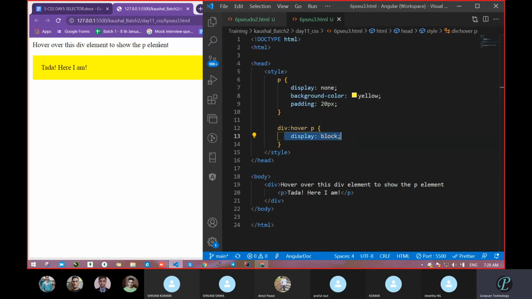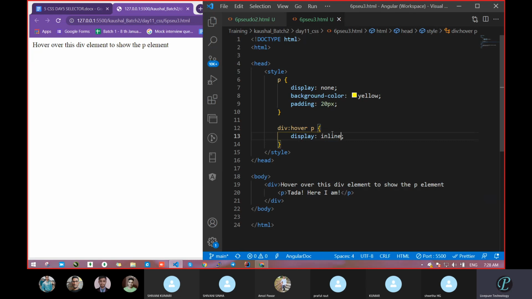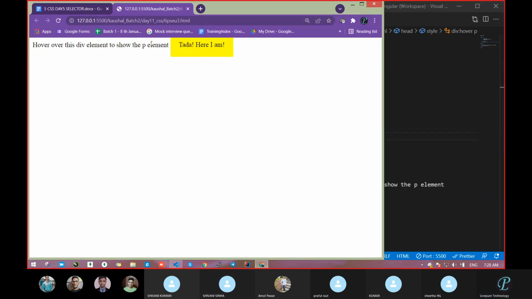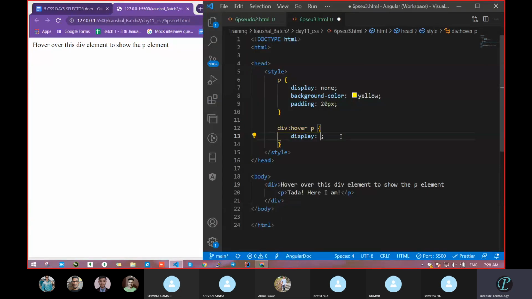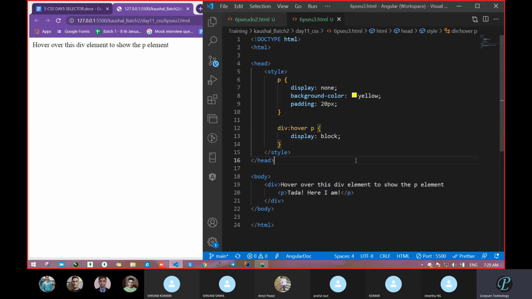So now, do one thing: remove this block. What is another type? Inline. Let's pass that inline. Now see what it is going to do. What happened? With a long line it came, because we made that inline. Due to that, it came as a long line by itself. But when it is a block-level element, it came onto a new line, that is going to break. So with the help of CSS, we can convert all the functionality of HTML also.